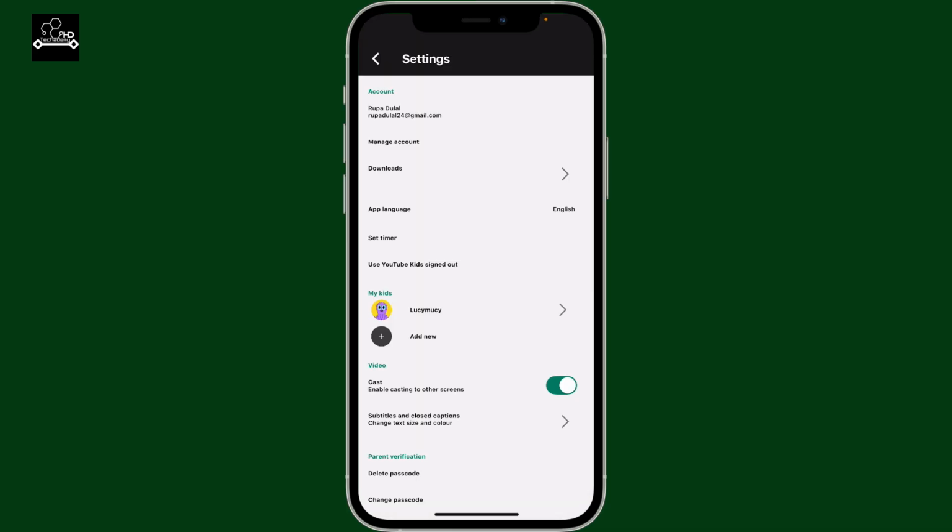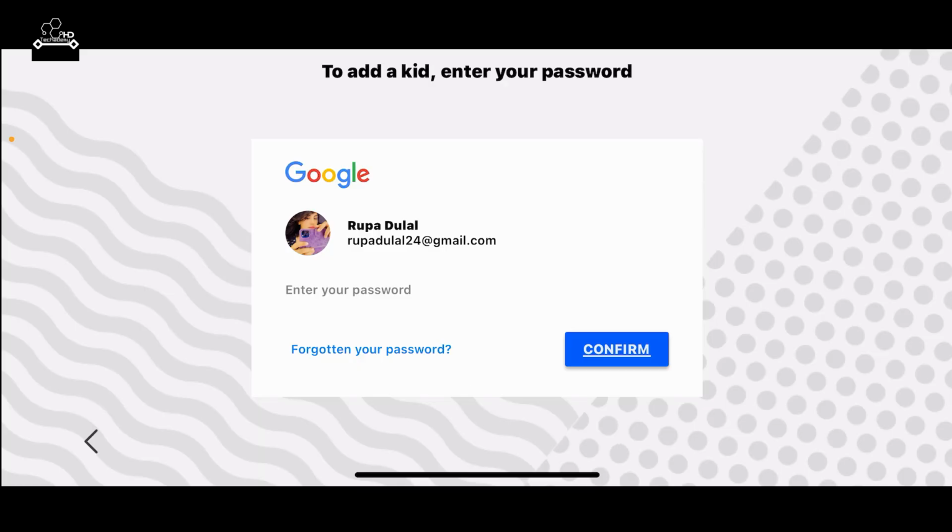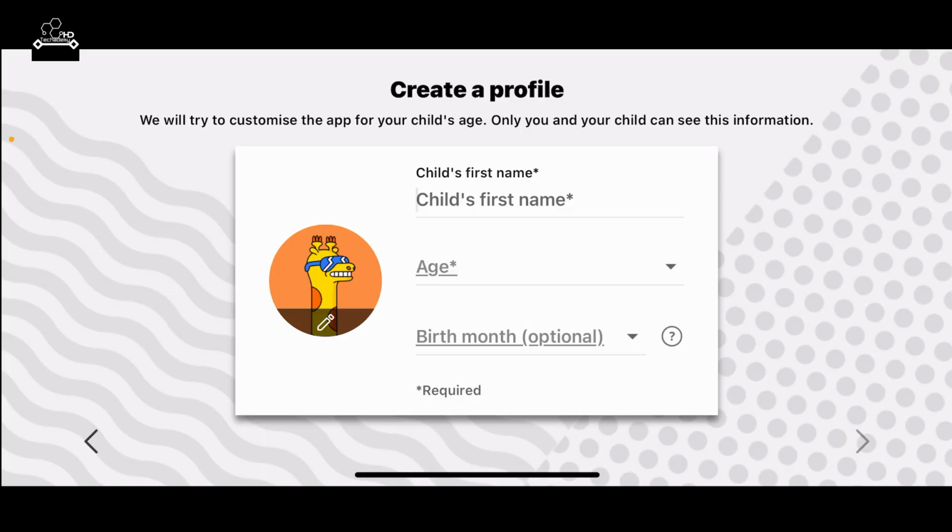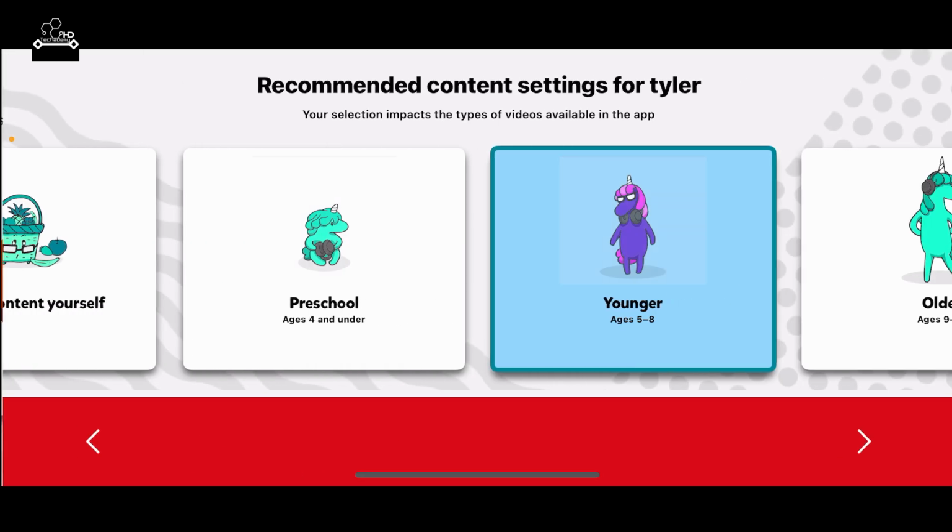Once you end up in the settings page, go ahead and tap on Add New under My Kids. Now enter your Google account's password to add a kid, and on the next page, go ahead and create a profile for your kid. Enter the child's first name, their age, their birth month, and you can also choose an avatar for your kid. Once you are done, you can tap on the next arrow at the bottom right, and